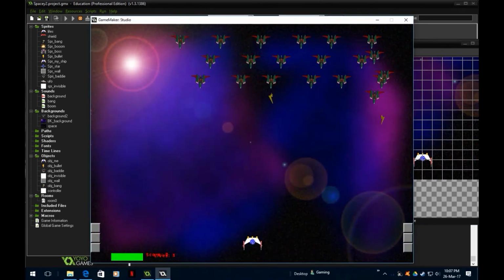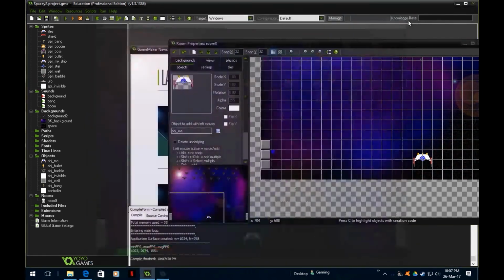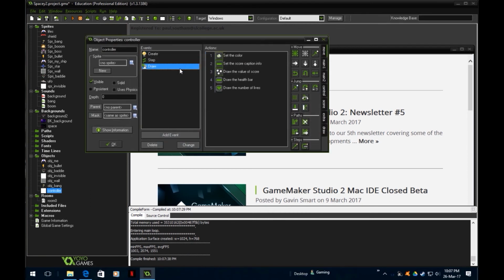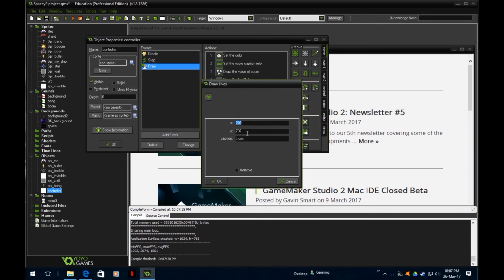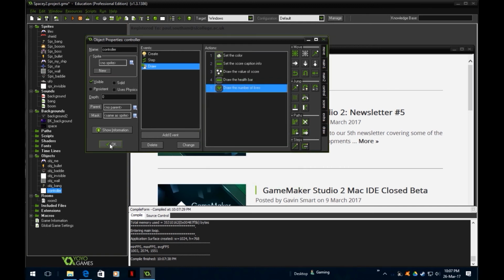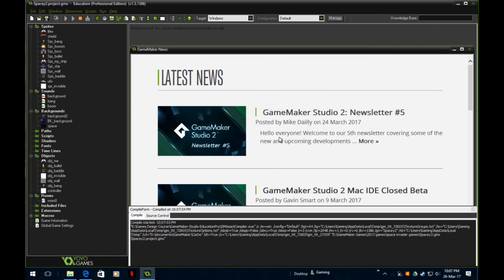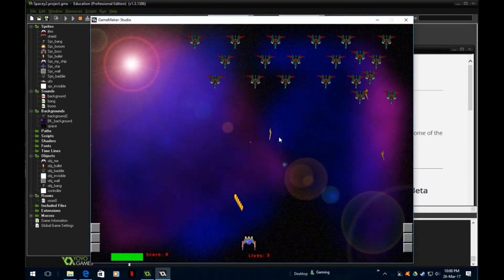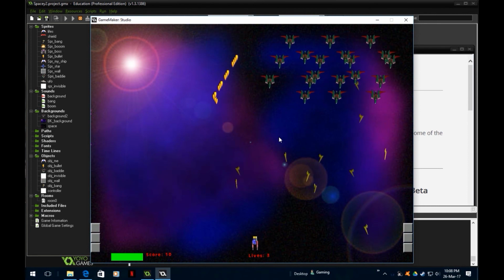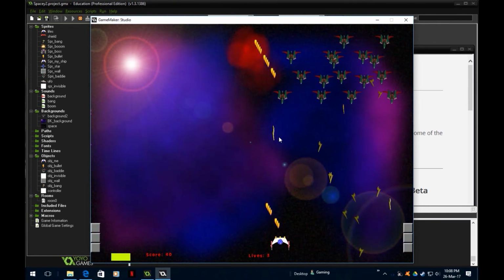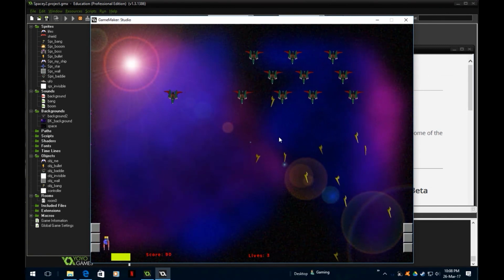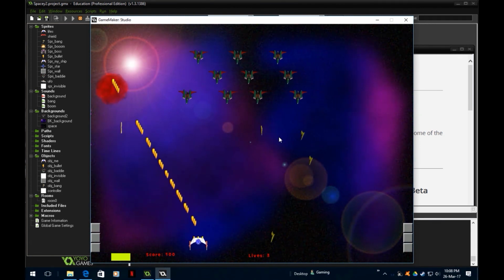Yeah, let's see the lives overlapping the score. So let's just move the lives across. There. So we're going to do it quite considerable. Let's make it 500. Probably quite a bit further across there. See how this looks like. Yeah, the lives are far too across, but you see the point I'm trying to make here. And we're getting some damage being taken a little bit. What we want is my ship here to bounce off these walls. It's not doing it at the moment. We also want to look at a functionality of firing one bullet to